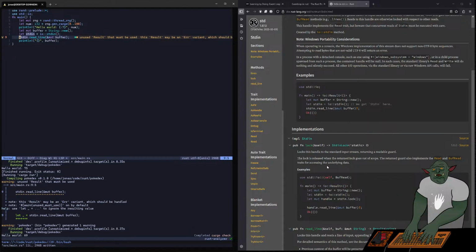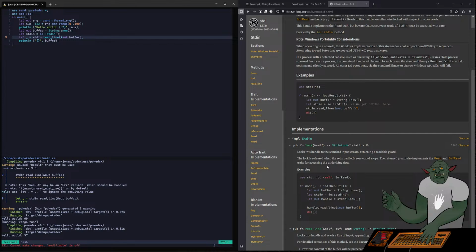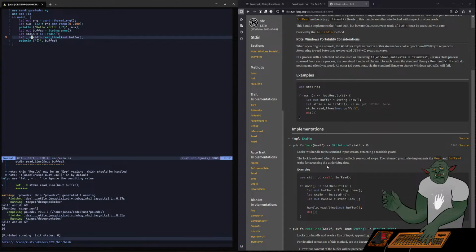Alright, let's see. Warning, it generated one warning. Result must be used. So it should be like underscore, so it can be saved in a completely unnecessary thing. Then in here we say, let's enter 10. Yeah, right, it does tell us 10. Okay, then what we need to do